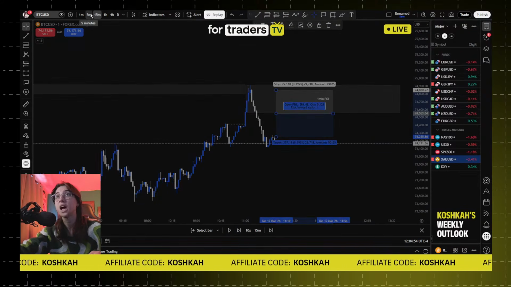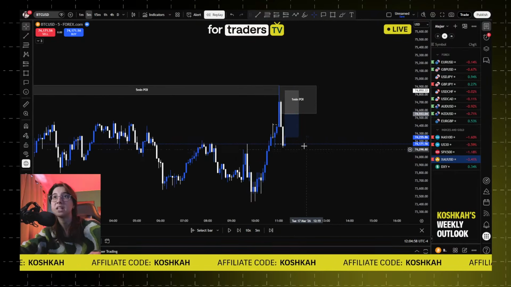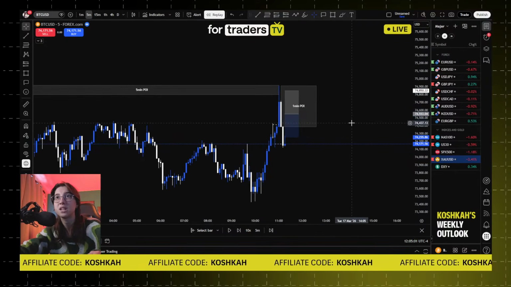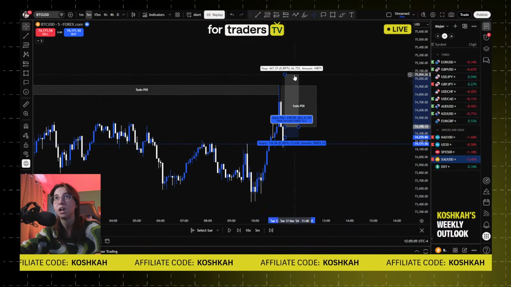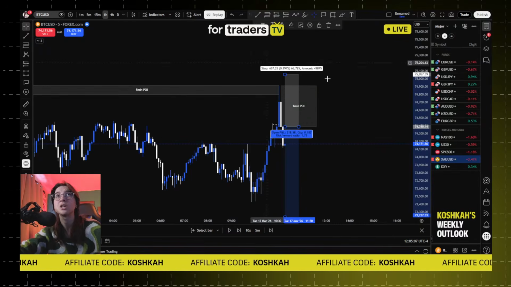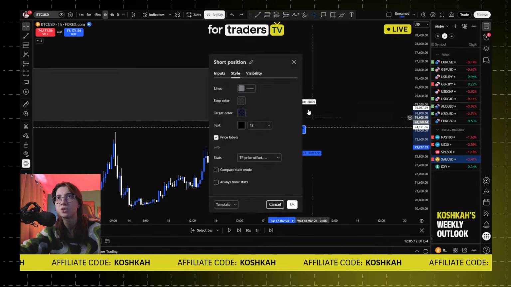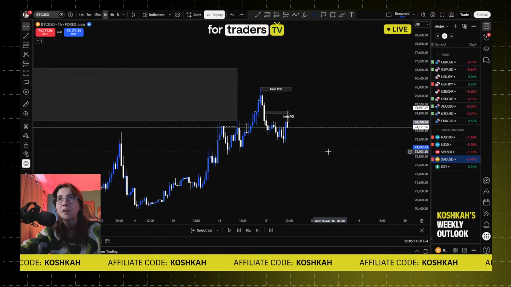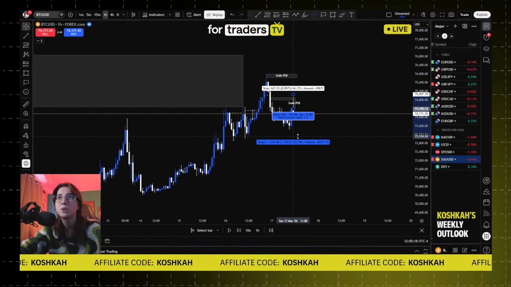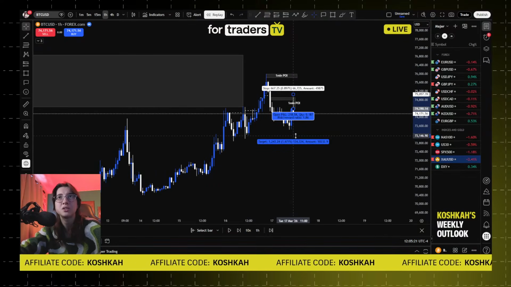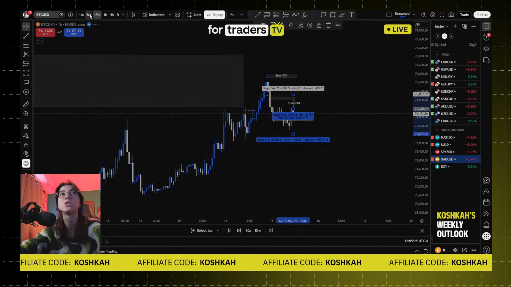You can also go on the higher time frame to see if you have a better entry. In this case, honestly, you had the 5-minute right here, but I don't know if the 5-minute would have been a good risk to reward ratio, so we can confirm. But yeah, as you can see, it's not a good risk to reward ratio. The final take profit for this trade would be at the hourly low. The hourly low is here. Technically, this is the closest one, but the next available one would be here. But yeah, the risk to reward ratio is bad.